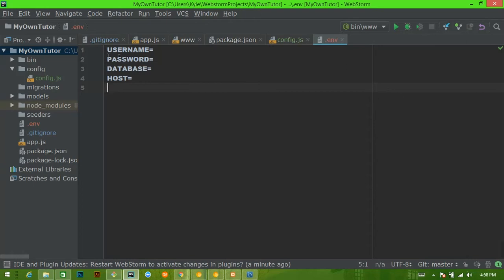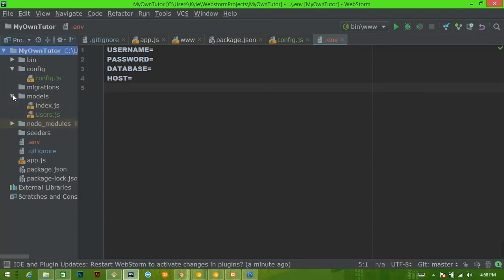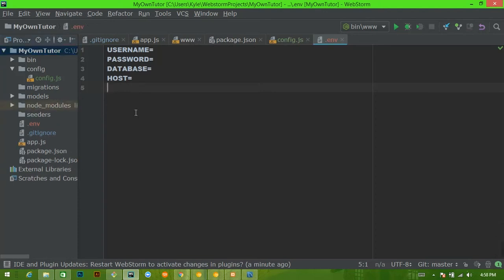Pretty sure that's it, actually. Let's go ahead and look at... Oh, no, node env. There we go. I was like, what is it? I know there's a fifth one. Node